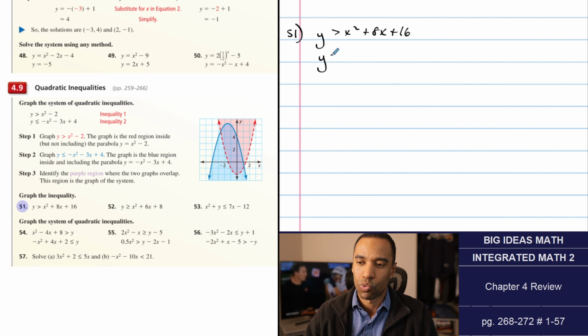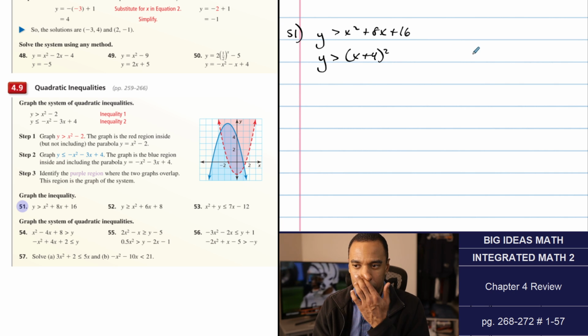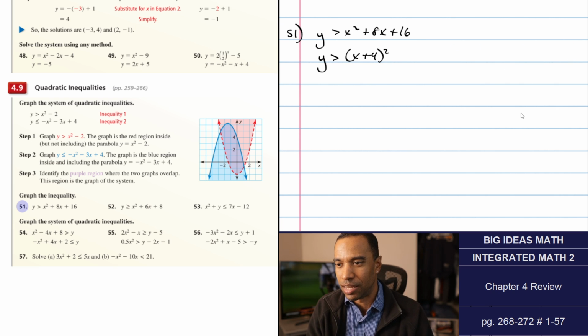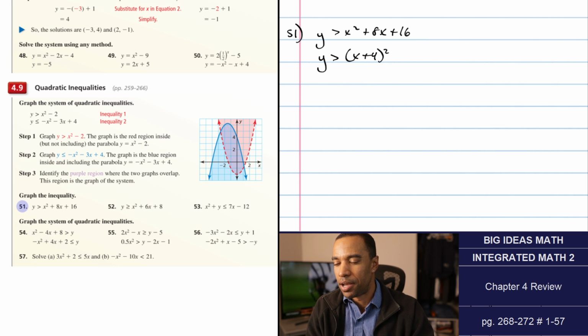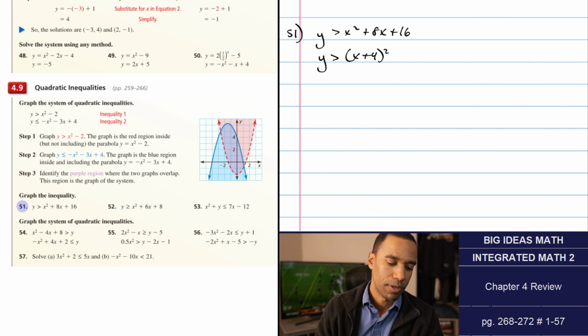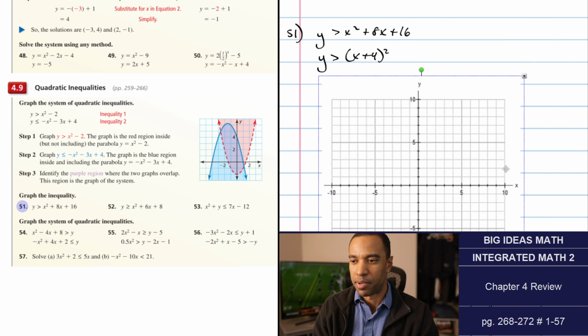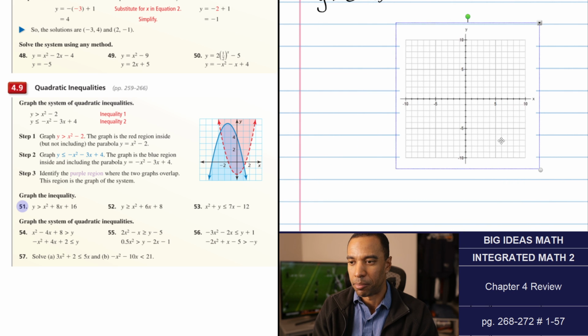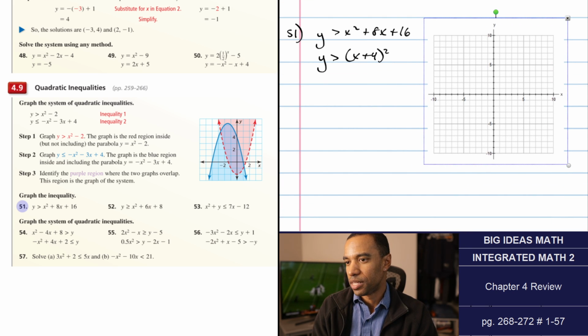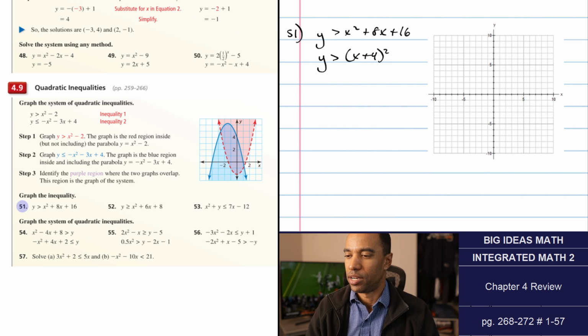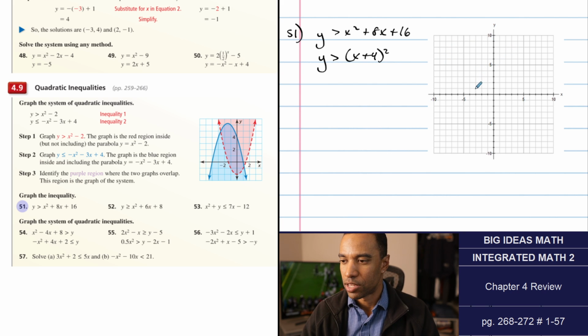So I'm going to change it into y is greater than (x plus 4) quantity squared. Yes, if you know vertex form, you can get into that and use that vertex form. I'm going to use the smaller graph thing, though. I think last time I used the bigger graph because I did that method number 2 stuff. So here, (x plus 4) quantity squared, but it's y is greater than, etc. So let's first graph this boundary